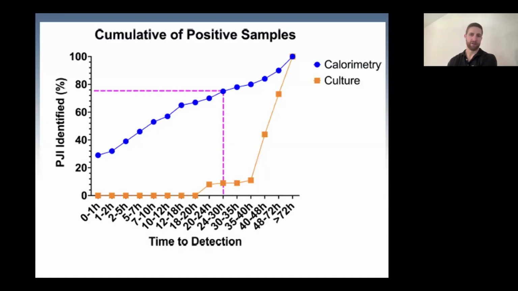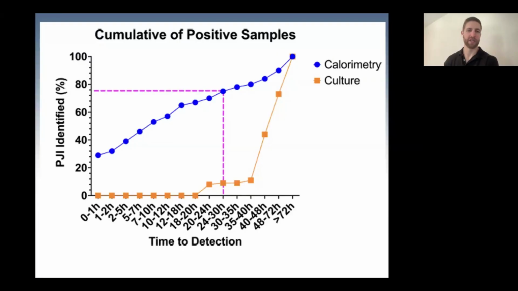This is a slide for all of the samples that we've done within the PGI space to date, trying to demonstrate the time to detection and how many of the PGIs were identified at which time points for both calorimetry and for conventional cultures. For the calorimetry side of things, around 75% of all of the cases were identified by the 24 to 30